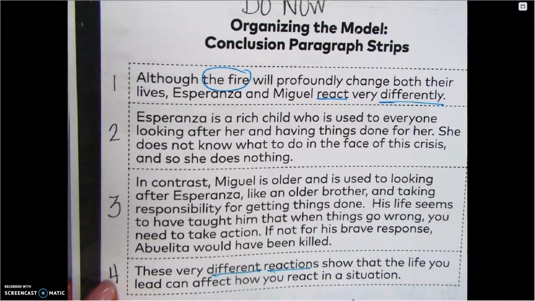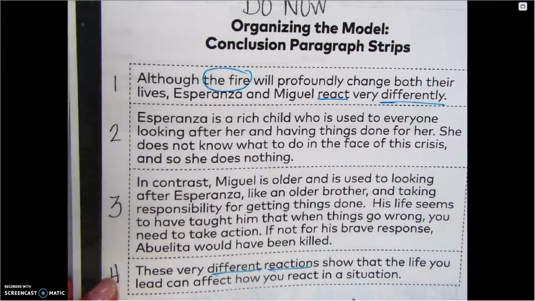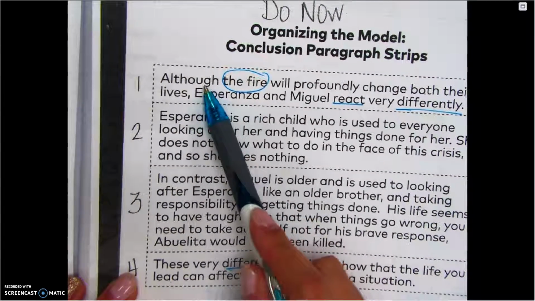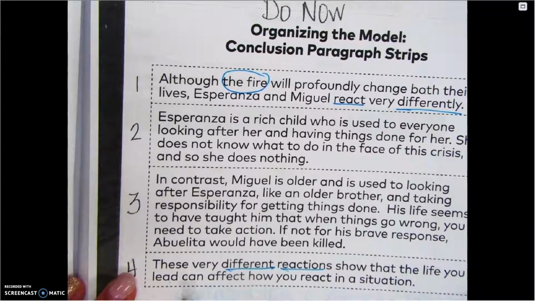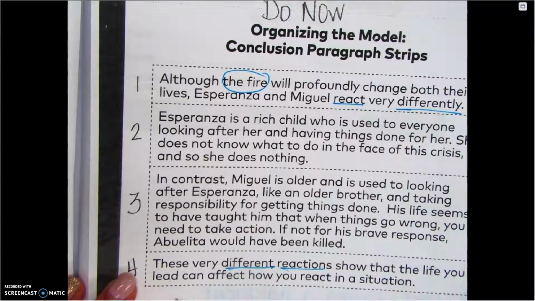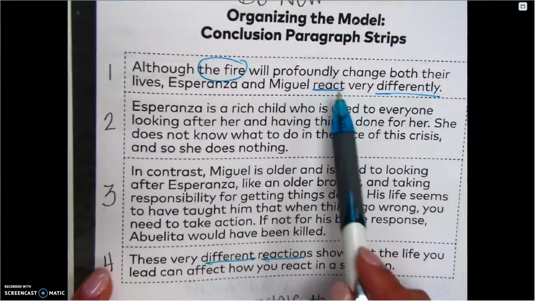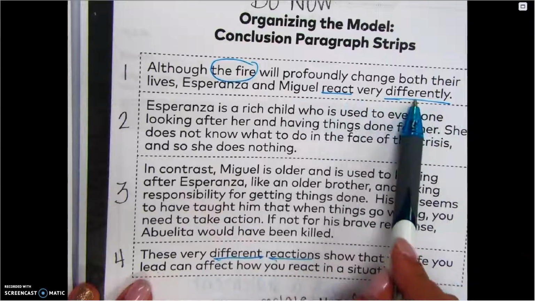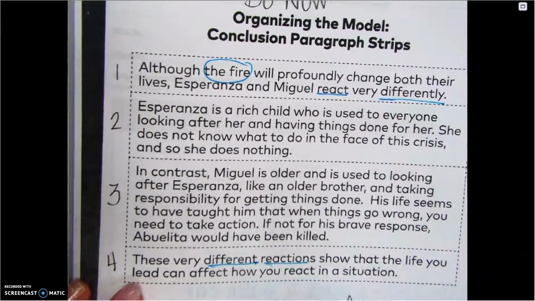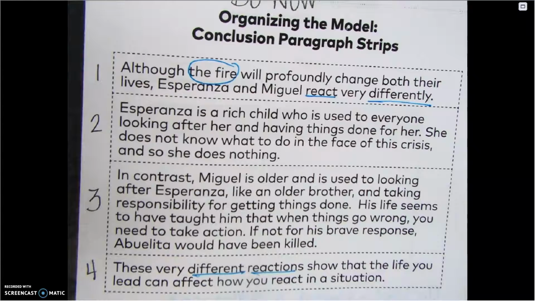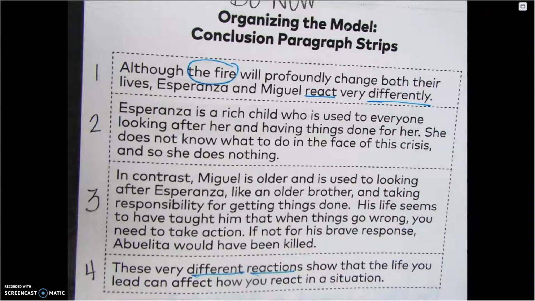Before lunch, we started going over an example of what a conclusion paragraph looks like. And what we noticed was that the first sentence and the last sentence restated the what class? The focus statement. And in the focus statement, it always talks about how the characters react differently. Just to reiterate, it says react differently here, it says different reactions here. So whenever you write your paragraph, your first and last sentence needs to go back to restating that focus sentence,